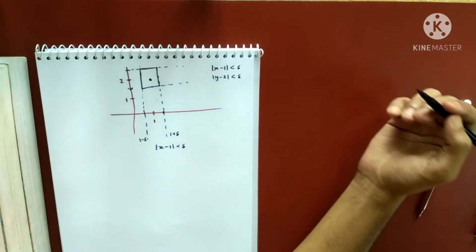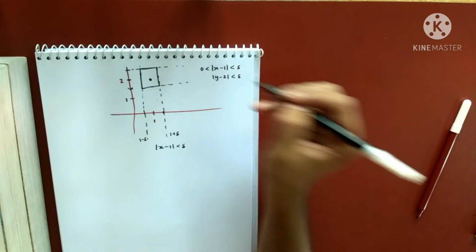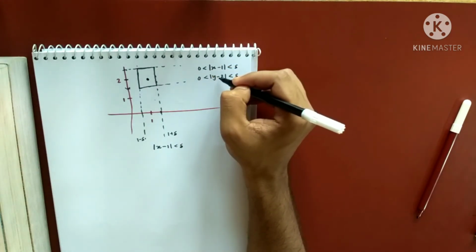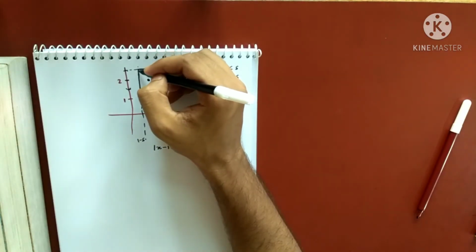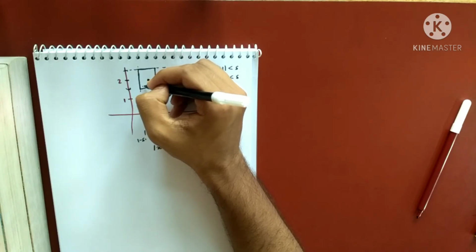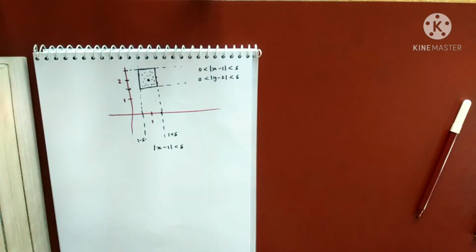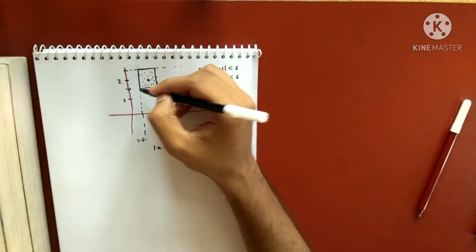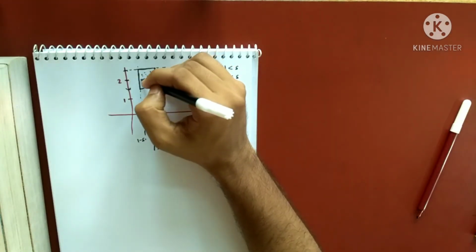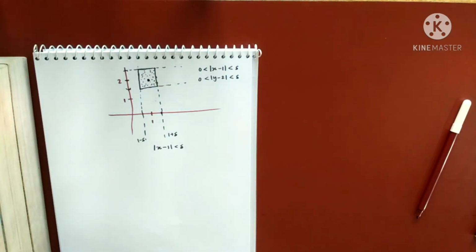So around this point I have to find some deleted neighborhood. So leaving 1 and 2, so modulus greater than 0, that means 1 cannot be here, and modulus greater than 0, that means 2 cannot be here. So I am considering this neighborhood. What kind of neighborhood is this? This is a rectangular neighborhood, or I can say a square neighborhood, because I am taking delta and delta. So whenever my points are inside this neighborhood, that quantity is becoming less than epsilon.